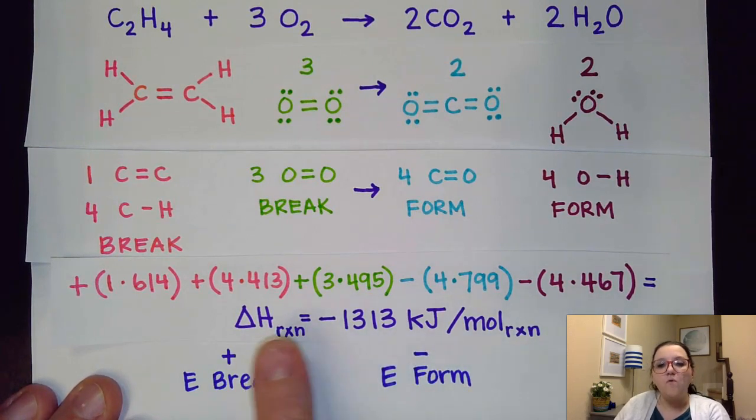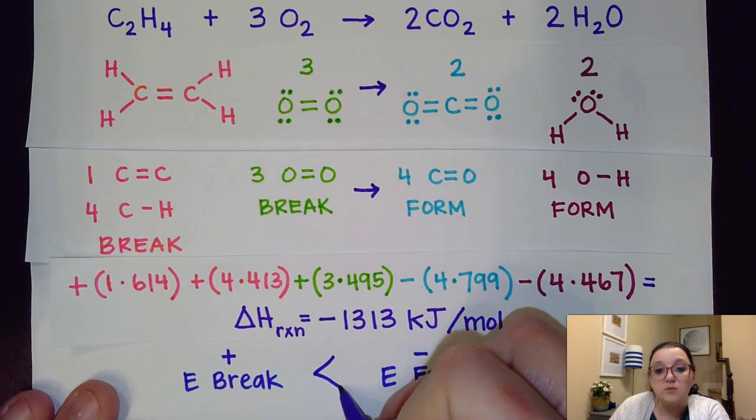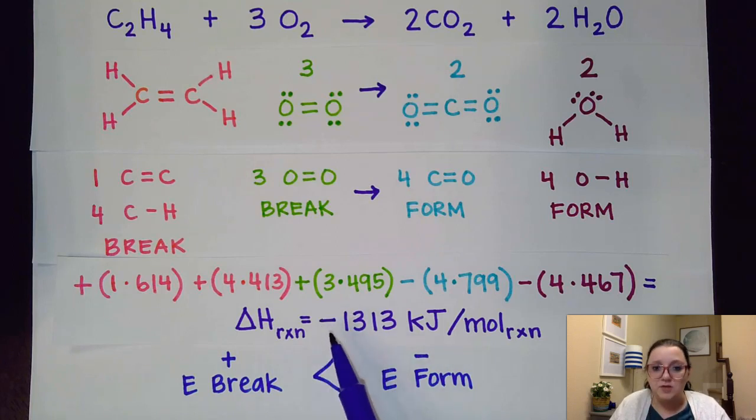If this overall heat of the reaction comes out negative, what that must mean is that the energy I released when the bonds reformed must be greater than the energy it took to break them. So it's like I put in a little bit to break them, and then I released a whole bunch when it formed. And if I think about that, that makes sense for a reaction that has a negative delta H,